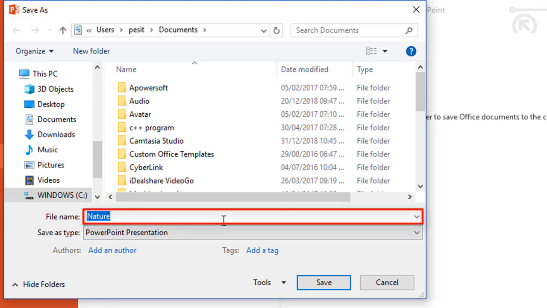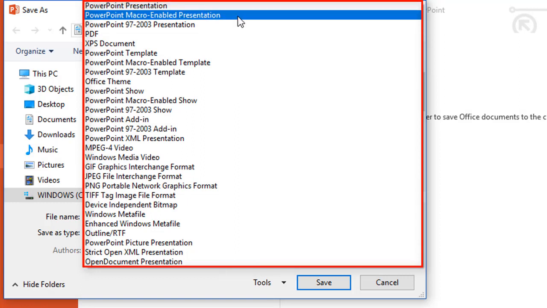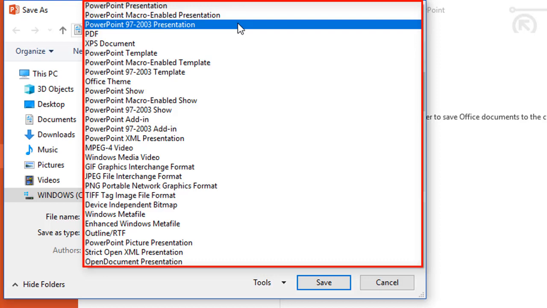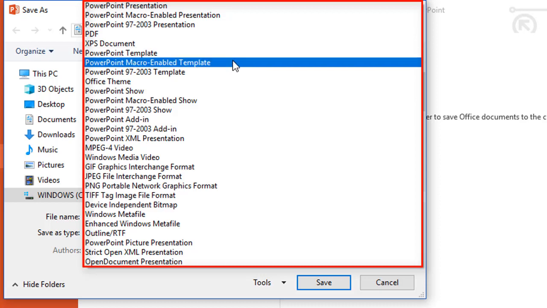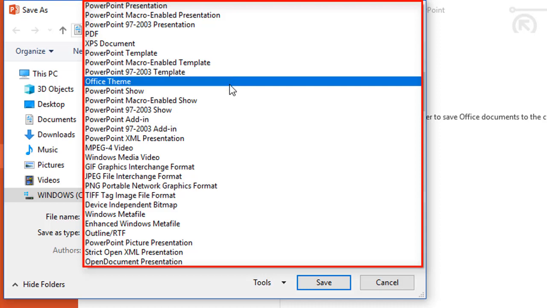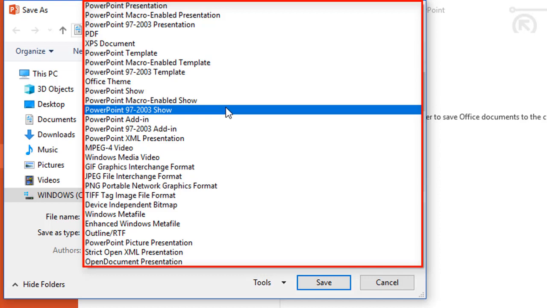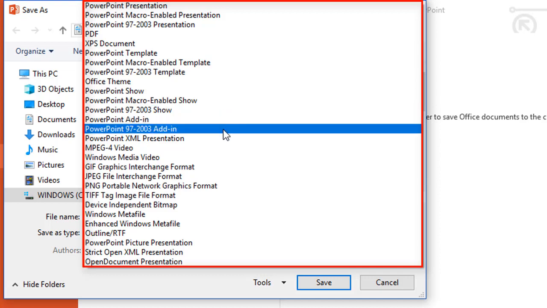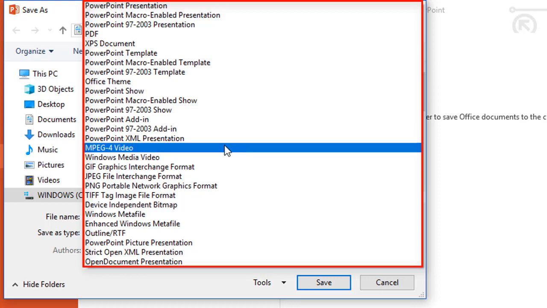We can provide the name for presentation and save the presentation in different formats, like PowerPoint presentation, PowerPoint macro-enabled presentation, PowerPoint 97-2003 presentation, PDF, XPS document, PowerPoint template, PowerPoint macro-enabled template, PowerPoint 97-2003 template, Office theme, PowerPoint show, PowerPoint macro-enabled show, PowerPoint 97-2003 show, PowerPoint add-in, PowerPoint 97-2003 add-in, PowerPoint XML presentation, MPEG for video,